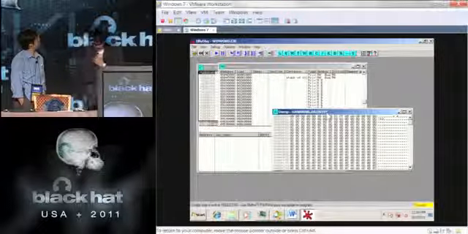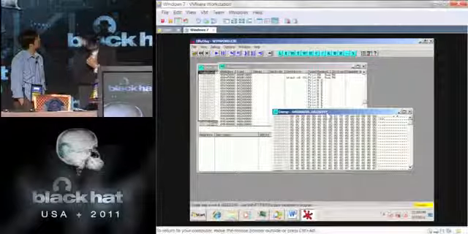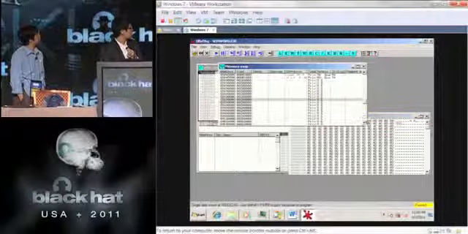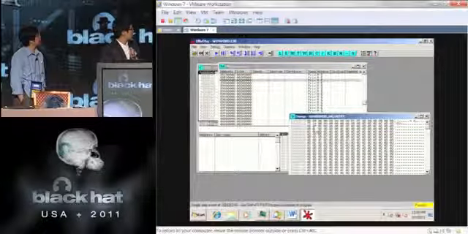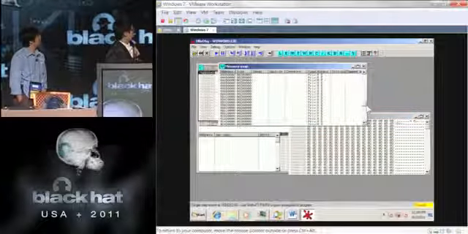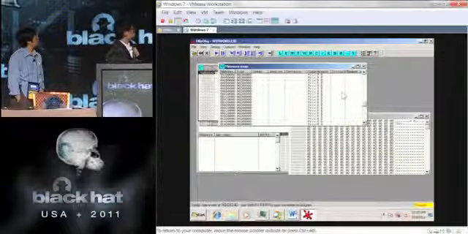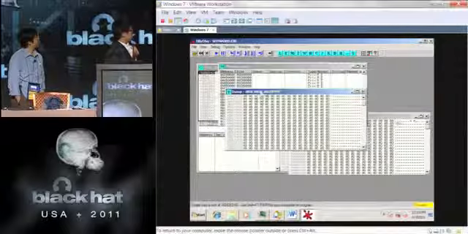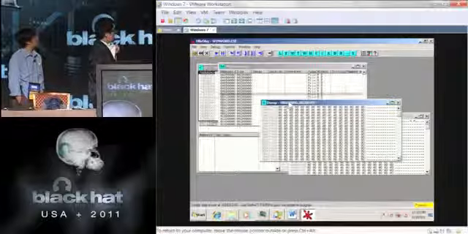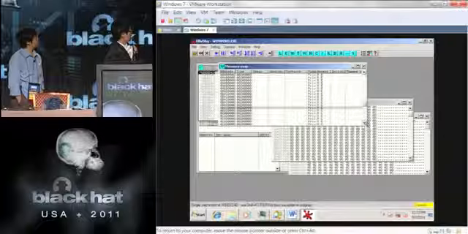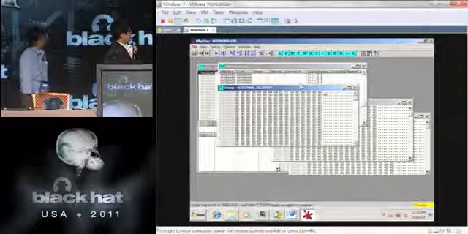One is 0A, 0B, 40, and 0B, 0C, and 0C, 0D.